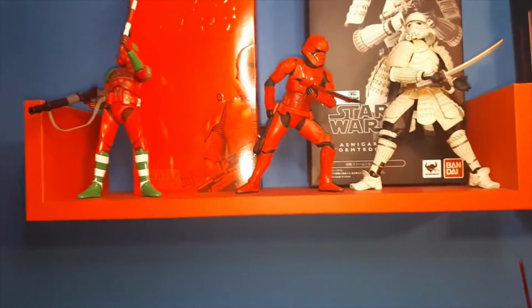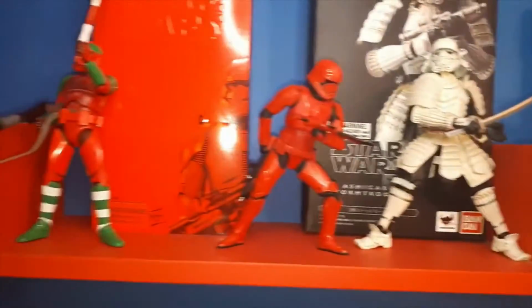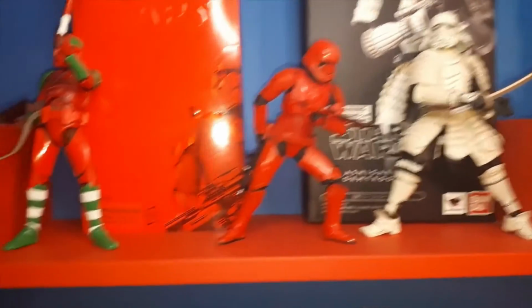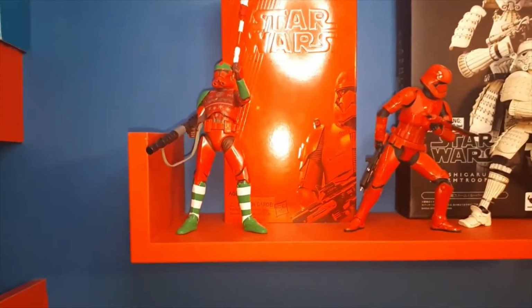Essentially, I guess you could say this is my Gord shelf, because I bought that trooper off of Gord. Same with that Sith trooper exclusive. I'm so glad to find that. And then yeah, I caught the holiday trooper thing off of him, and I've actually had a lot of fun